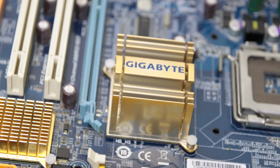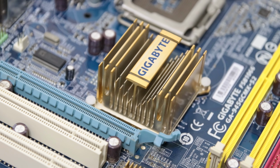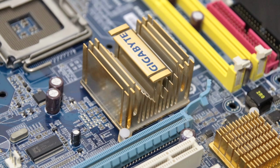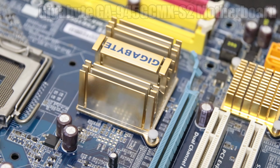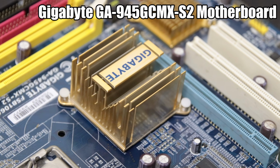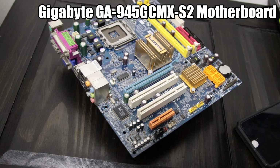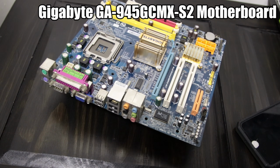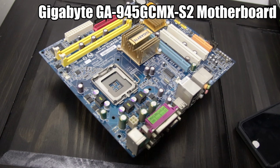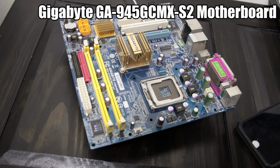Talking of system requirements, let's take a look at the budget system I put together for 2006. Starting with the motherboard, we decided to go with Intel's 775 socket, which resulted in us purchasing the Gigabyte GA945GC-MX-S2. A semi-budget motherboard which was part of Gigabyte's GA945GC series, which originally launched in the later half of 2006. This specific version of the series was priced at around $50 to $70. I did manage to find an original listing for early 2007 where the reviewer mentioned paying $56 for this motherboard